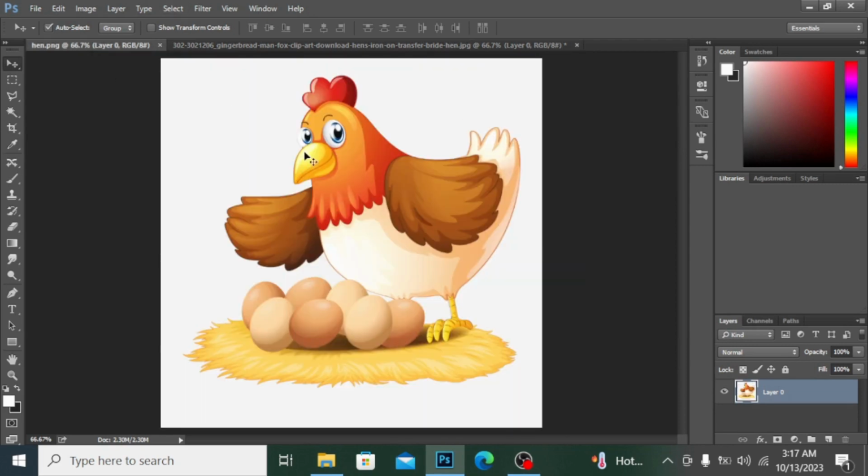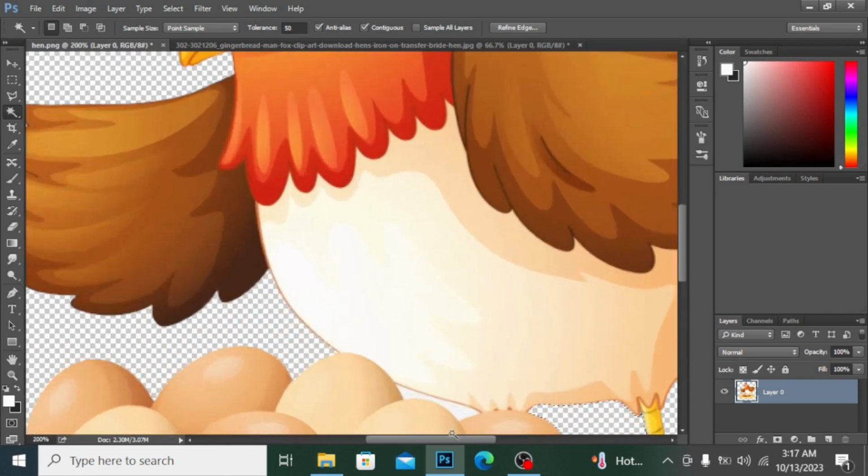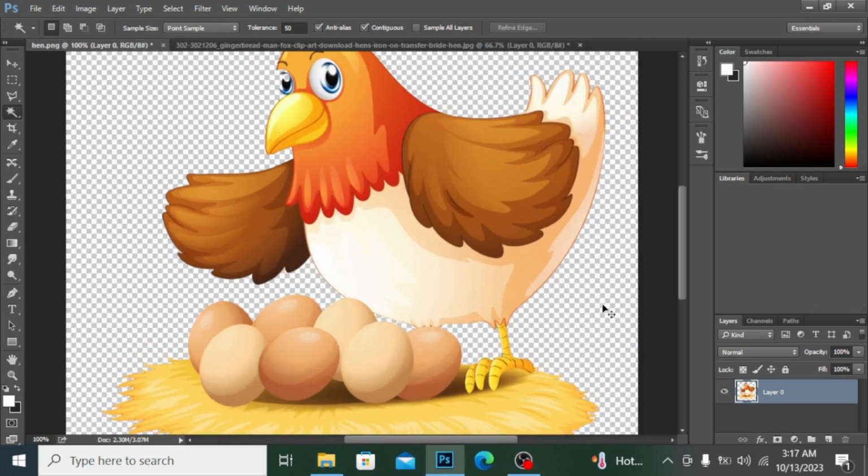Now if I go into this image, I want to remove its background, so I simply click on this and I click here. You can see I have selected this. Now if I press the delete button, but here is some of the distortion. You can see I have this right here. If I press here and press delete, it can be deleted, and if I press here and delete, it is also deleted. But if you want more accuracy, you can see if I double click,